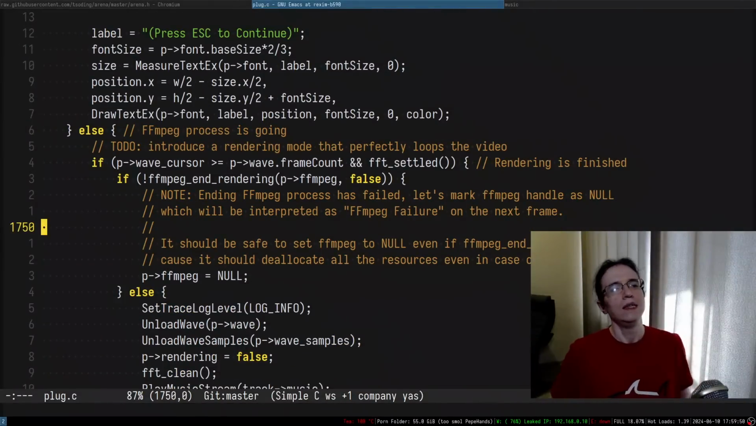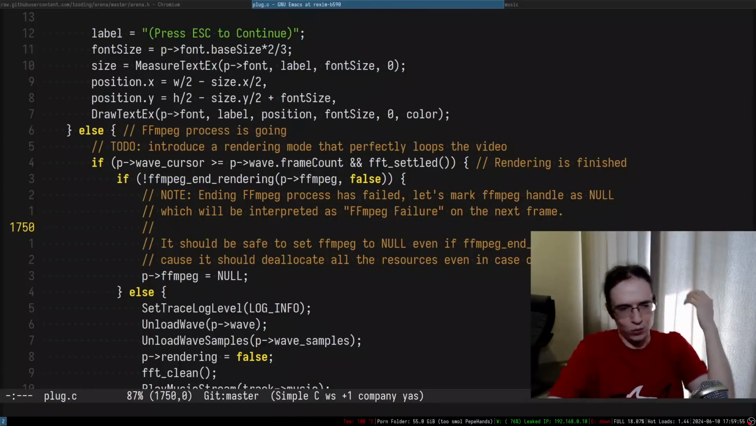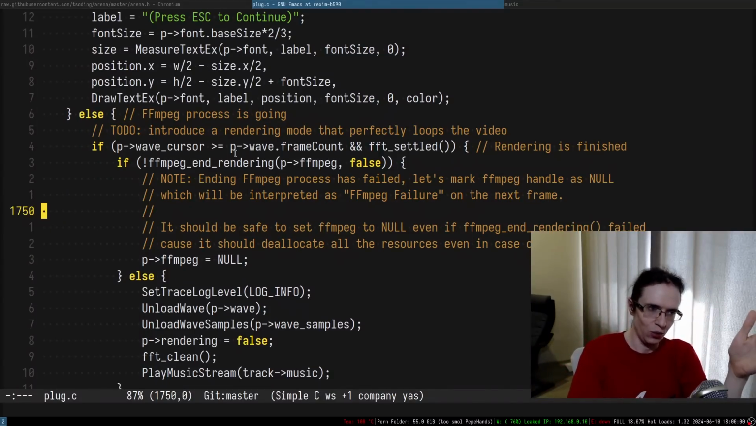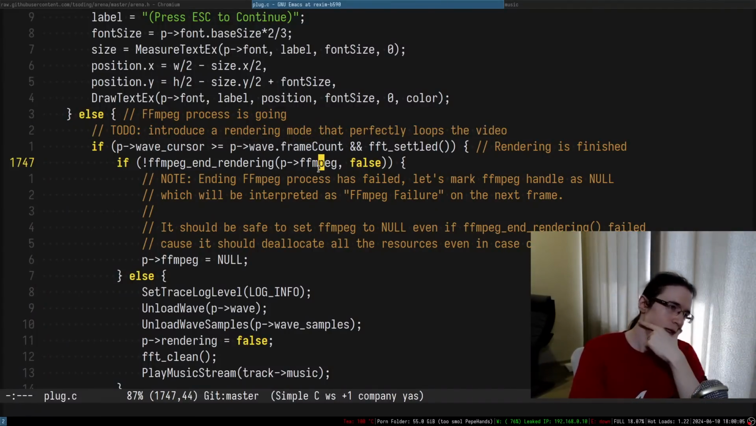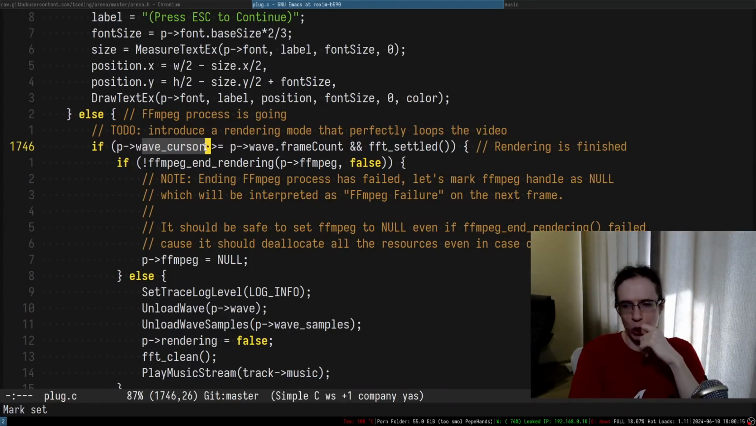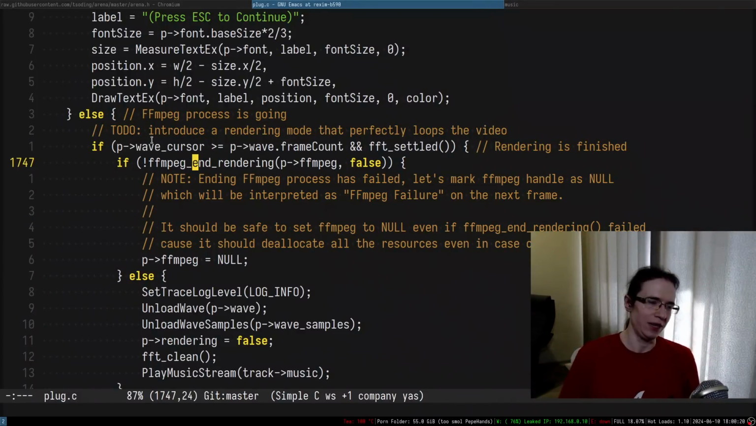Okay, so this is cool. So here we are checking whether we reached the end of the frames within the music. Since we had a wave, we kind of knew the amount of frames in here. So this one is rather interesting because maybe that means we need a wave cursor. Right, so I removed the wave cursor along with everything, but it feels like it's still needed, right? Because we need it for this kind of thing. Or maybe